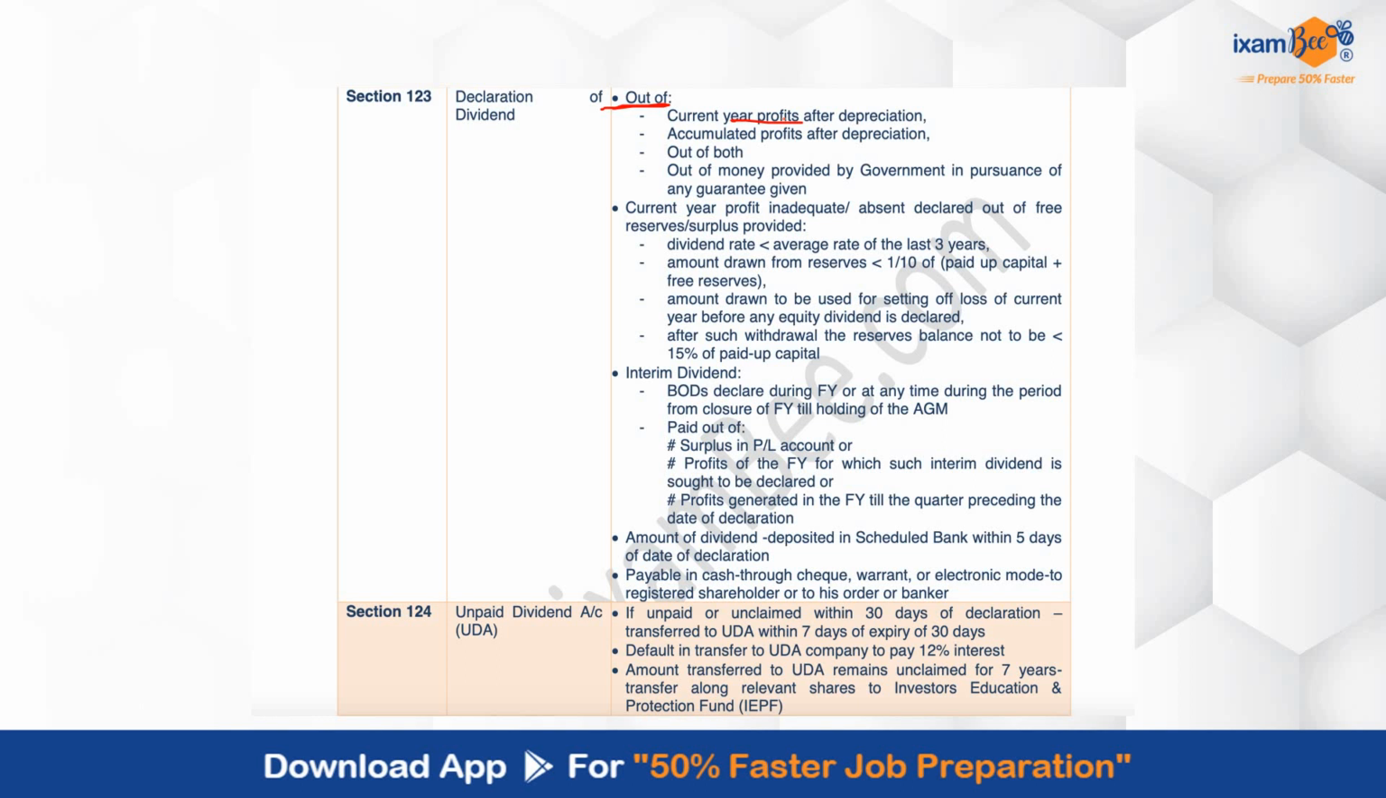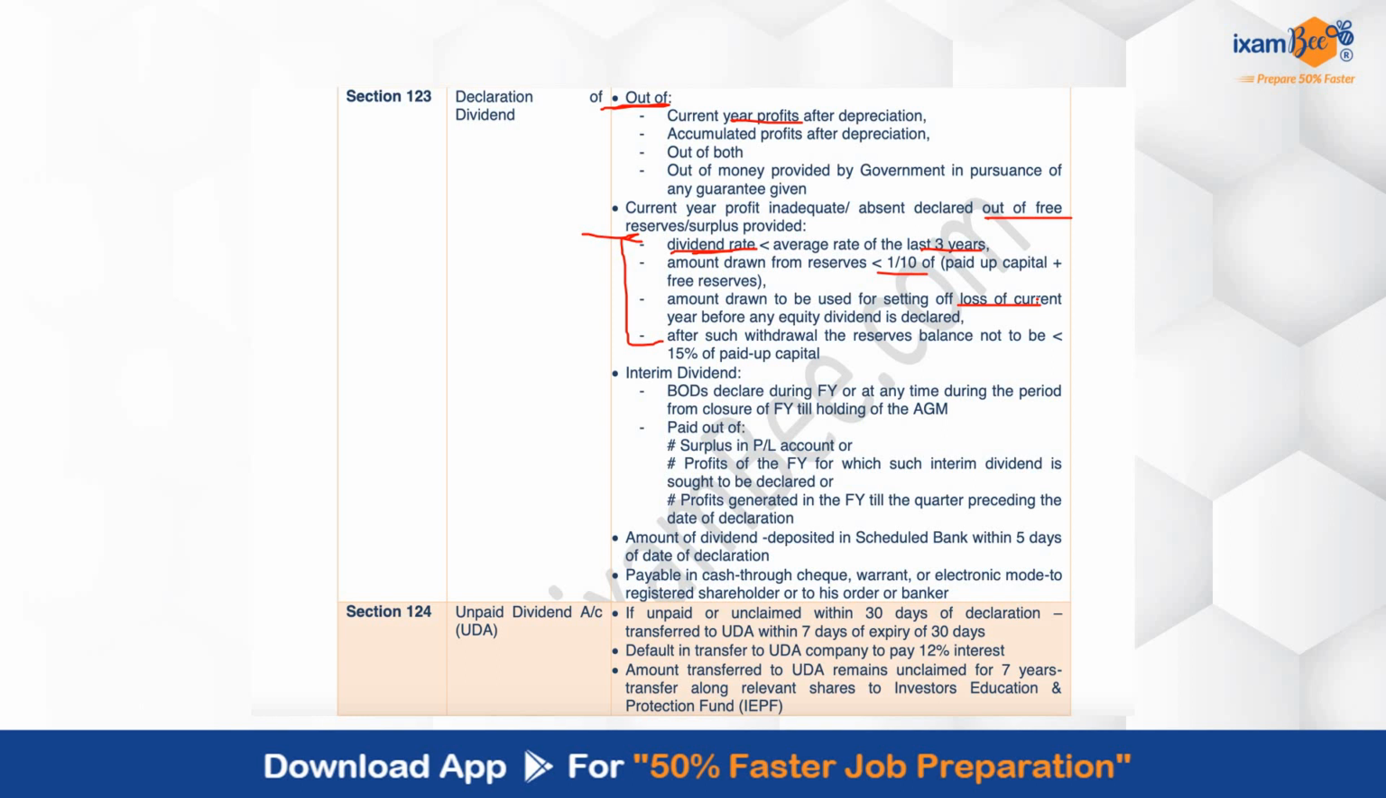अगर कंपनी के पास जो current year profit है वो inadequate है या absent है, तो क्या कंपनी declare कर सकती है dividend? Yes, in that case also the company can do out of its free reserves and all. But then वहाँ पे कुछ certain requirements है जो कि comply करना होगा. Wherein it is mentioned जो dividend rate होगा आपका वो less than होना चाहिए आपका average rate of the last 3 years. जो भी amount आप draw करोगे reserve से वो lesser होना चाहिए 1/10 of what paid up or reserve जो भी आपका है, वहाँ उस amount जो है पहले जो draw किया जाएगा उसको use किया जाएगा set